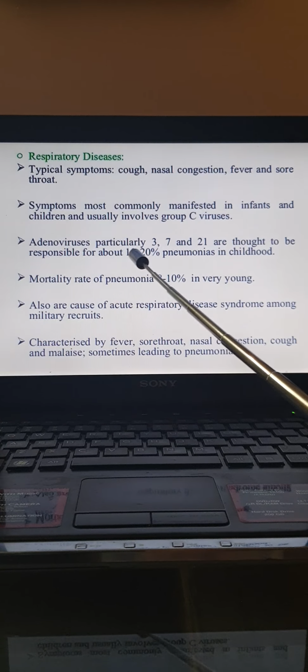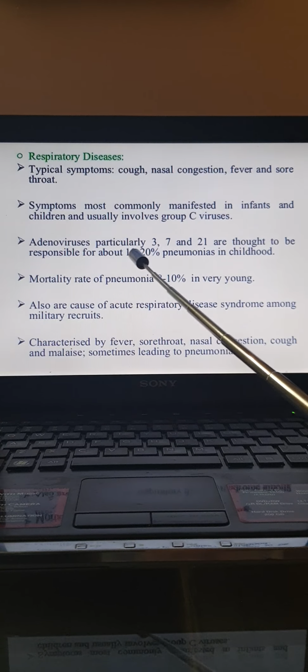Then is eye infection. Basically there would be very mild ocular involvement, which may be part of the respiratory pharyngeal syndrome. Another thing it can cause is pharyngoconjunctival fever. This occurs as an outbreak in children during summer camps. It is commonly also known as swimming pool conjunctivitis, and it is caused by serotypes 3 and 7 of adenovirus. Here it lasts only 1 to 2 weeks and recovers completely without any lasting sequelae.